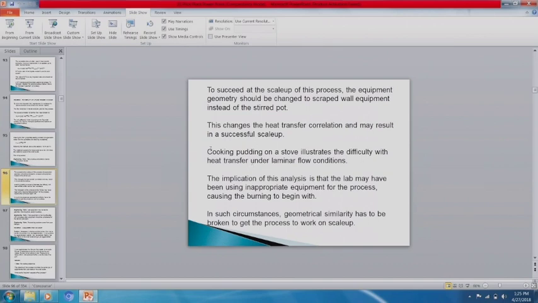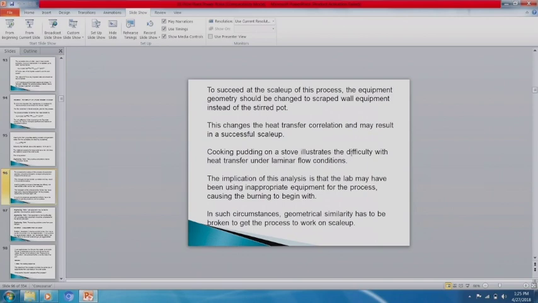So I have an experiment for you to do. We were talking about kitchen analogies. I want you to go home and cook some pudding on the stove. In other words, I want you to take some real powdery pudding, preferably vanilla, and cook it on the stove. And you will see that